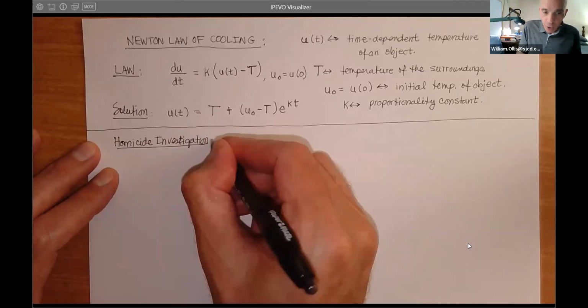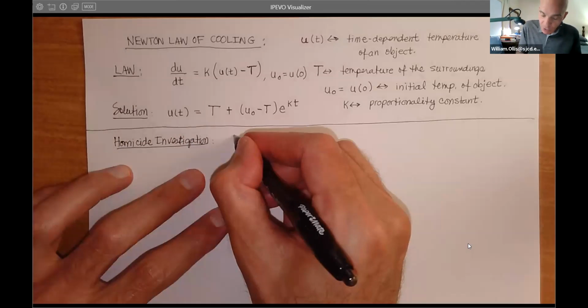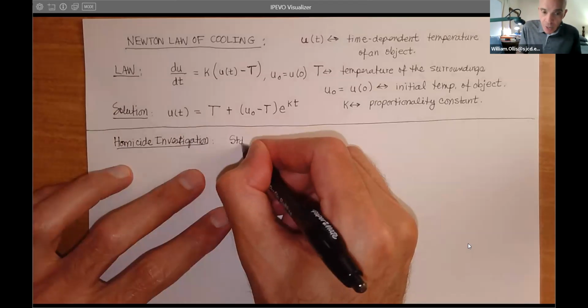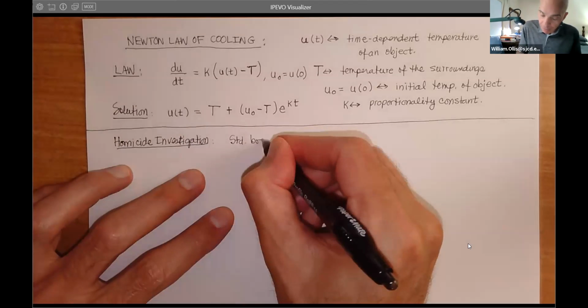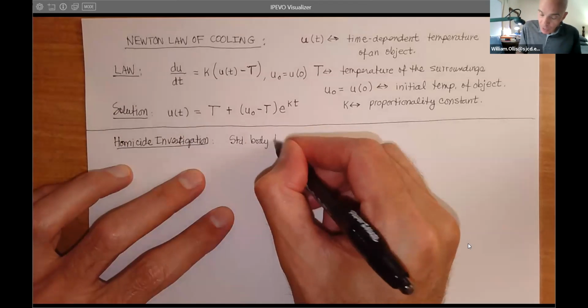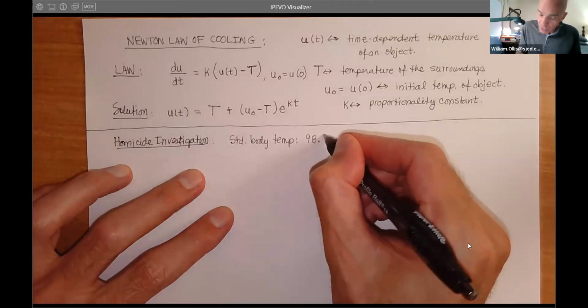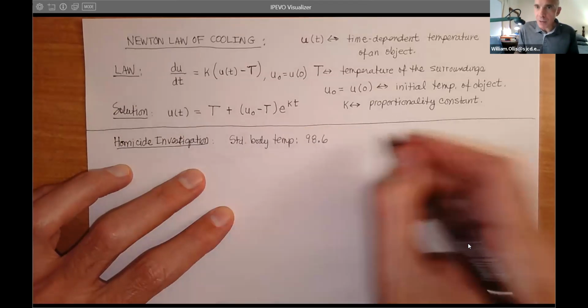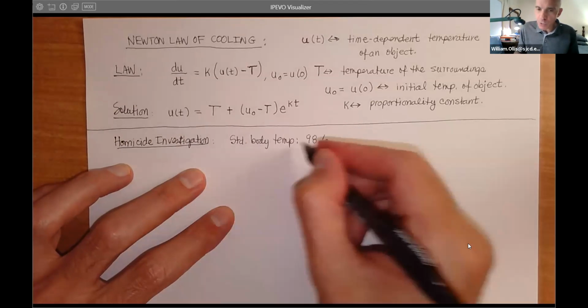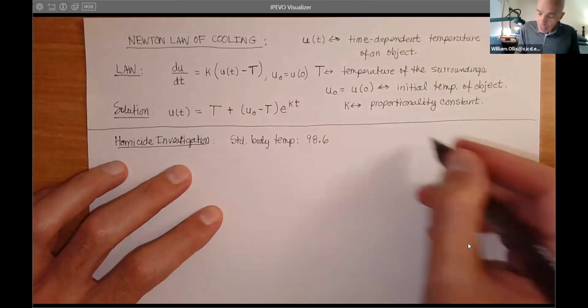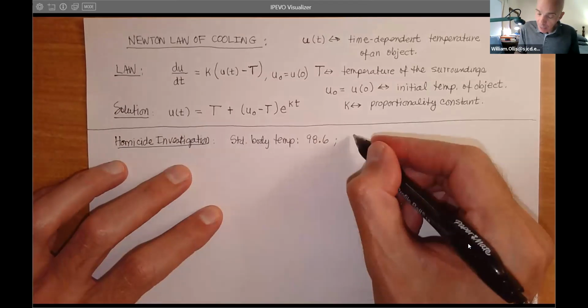So what we have here, let's just write down some things we know. The standard body temperature, we all know that. The standard body temperature is 98.6 degrees. So we'll just say 98.6. This is Fahrenheit, but we'll just leave the numbers as they are. And then we'll say upon death,